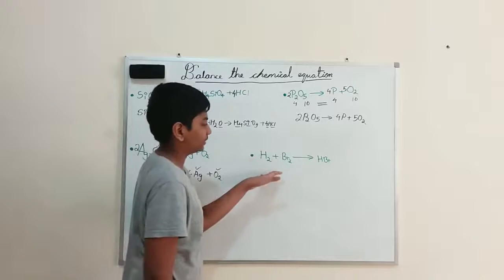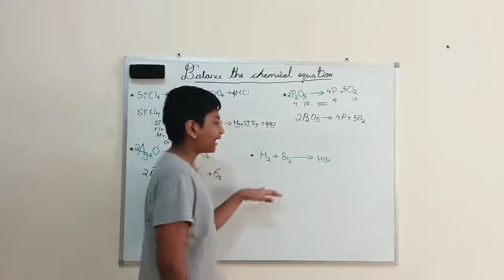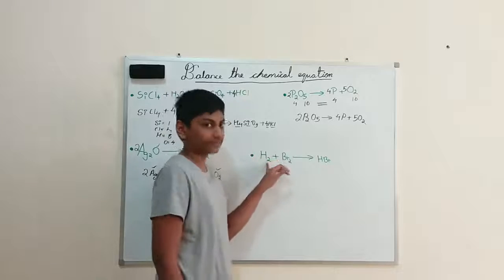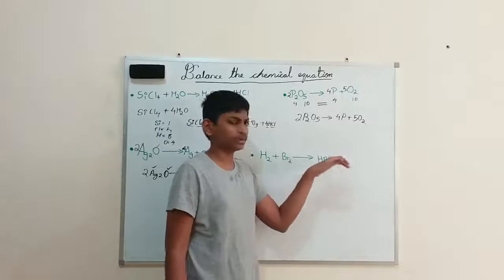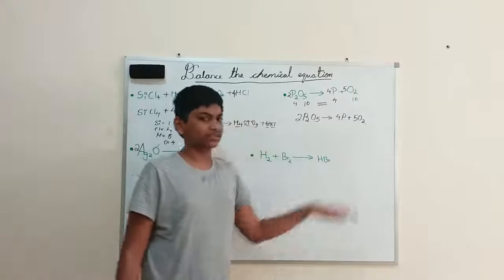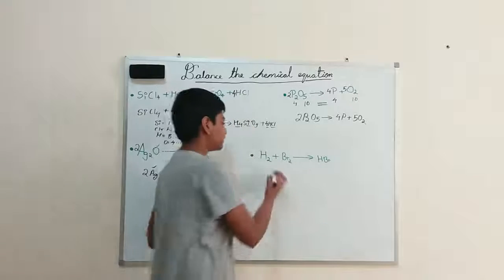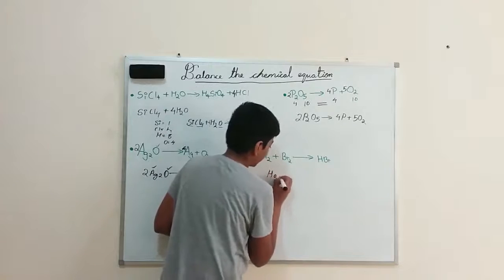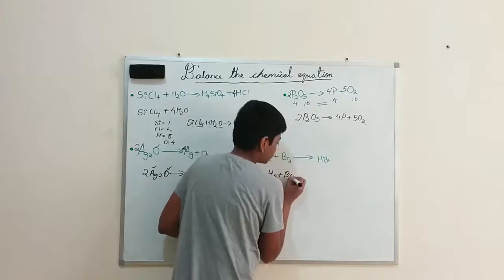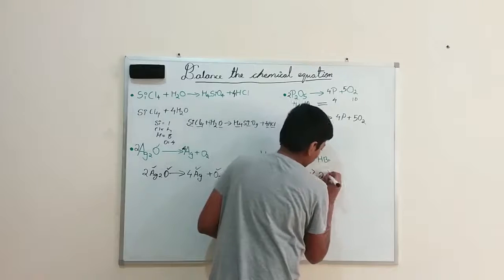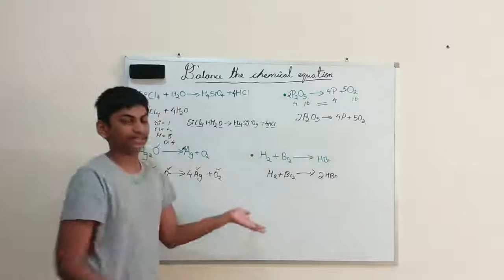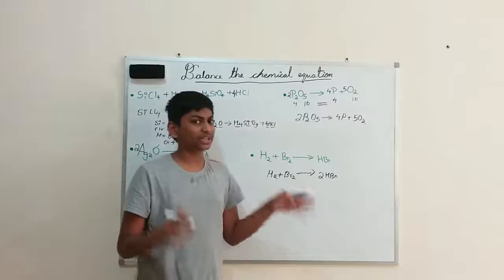So our last one is hydrogen bromide. Hydrogen and bromide. Here there are 2 hydrogens and 2 bromides, but here there is only 1 hydrogen and 1 bromide. No need to solve this much alone. We can simply write the balanced equation as H2 plus Br2 gives us 2HBr. Our chemical equation is balanced. That's it. So now we have come to the end.